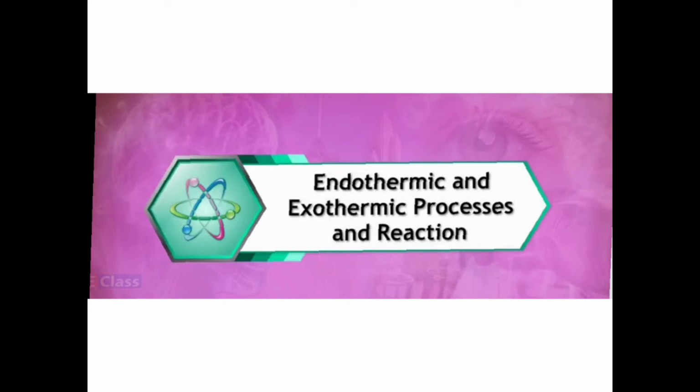Now, heat from outside is absorbed in the chemical reaction or sometimes it is given out. So, when the heat from outside is absorbed during some chemical reaction or some physical process, then if it is a physical process, we say that it is an endothermic process. For example, melting of ice, dissolution of potassium nitrate in water. In this, ice absorbs the heat from the outside, that is the atmosphere, and hence it is called an endothermic process.